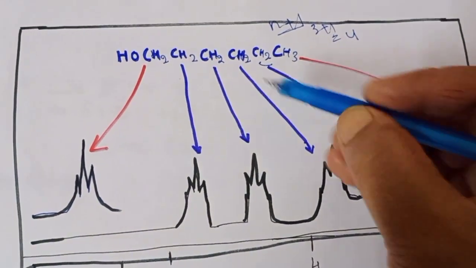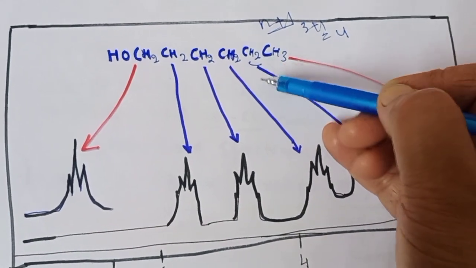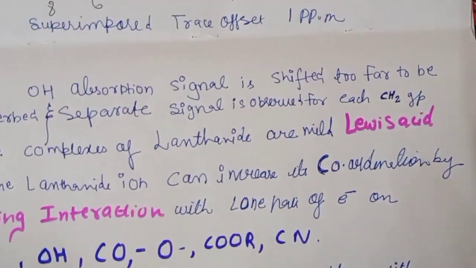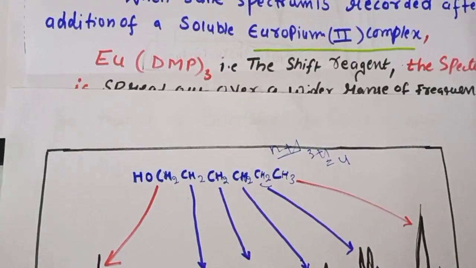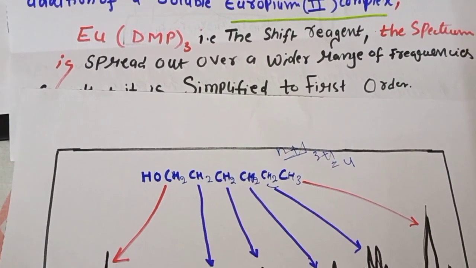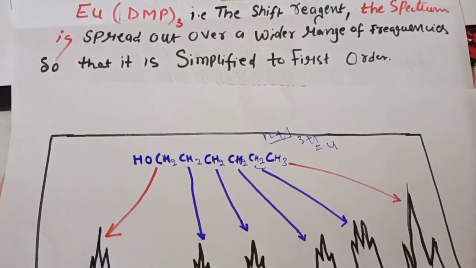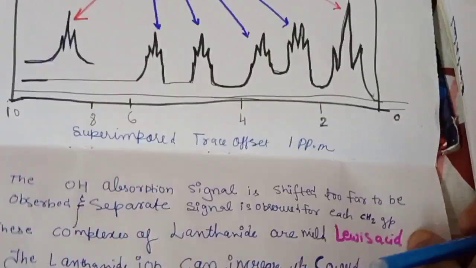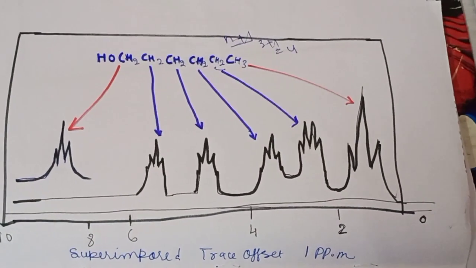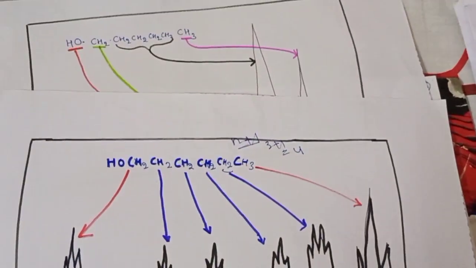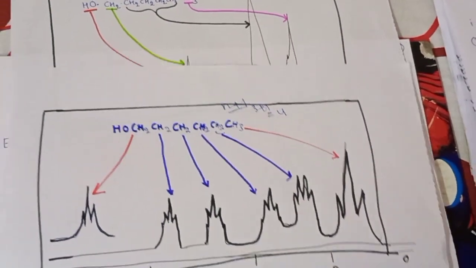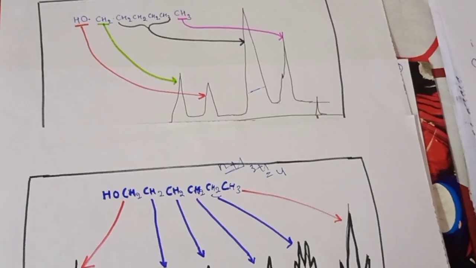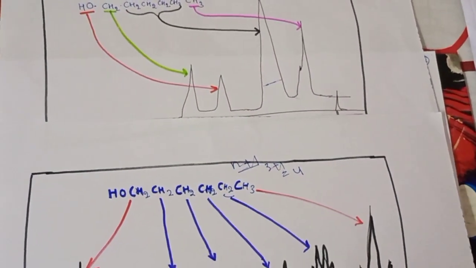All these CH2 are surrounded by two protons, so you will get a triplet. And when we use the shift reagent, europium DPM thrice, the spectra is now simplified and you are getting separate peaks for all the methylene groups. So students, I hope this is clear, what happens when we use the shift reagent. When we use shift reagents, our NMR spectra are simplified. So to make the complex spectra simple to study, we use the shift reagents.